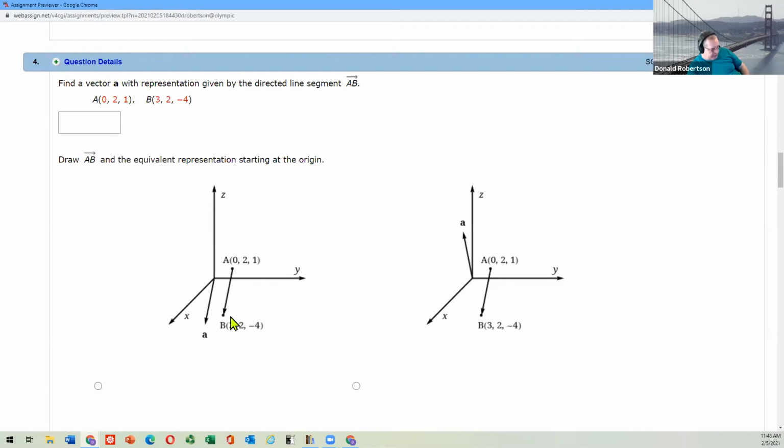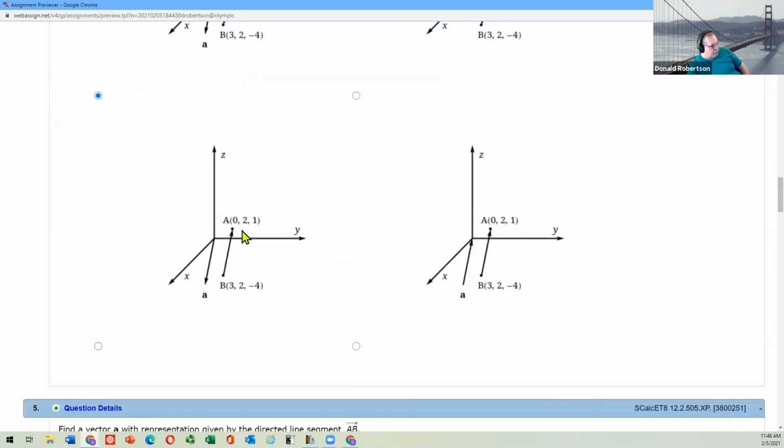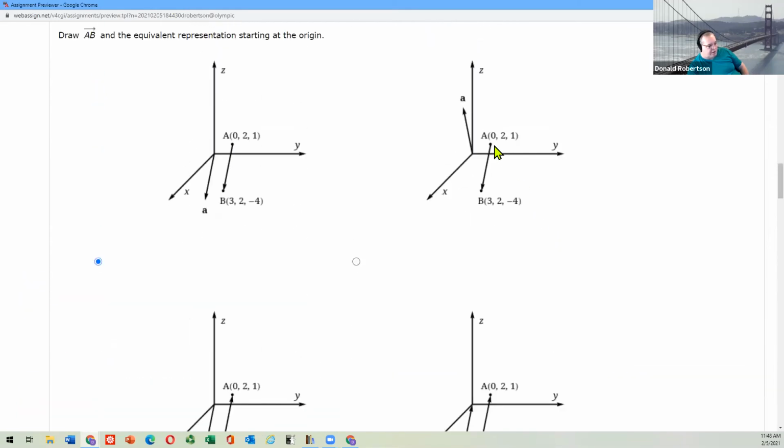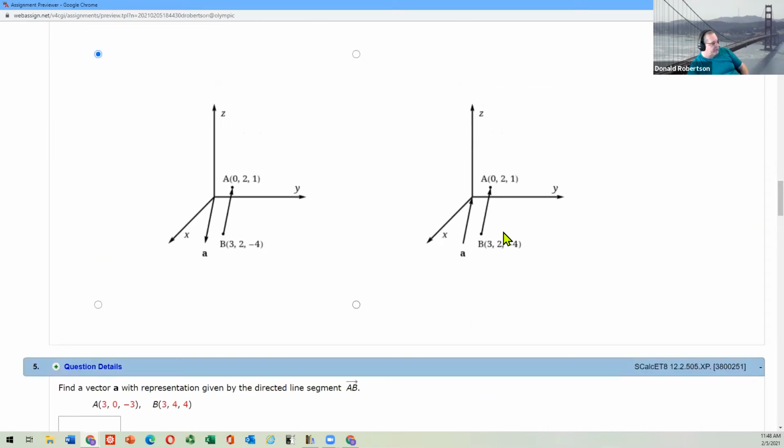If this is A to B, right? Won't the vector A be the same length, same direction? So pick that one. Does it allow me to pick it? Yeah. What's wrong with this one? Well, same length, wrong direction. This is B being joined to A, which is not what you were asked to do. This one is A being joined to B, and who knows what that is, but it isn't the same thing. So there's only one that fits all the bill.